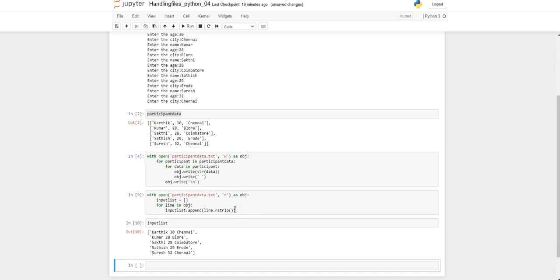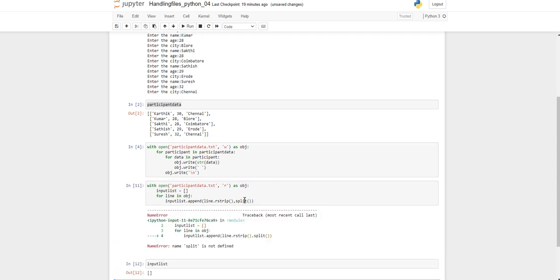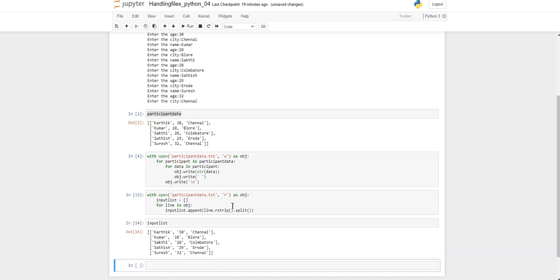But if I need to split each word by word, in the sense of the spaces, so if I remove the spaces, I will get each of the 3 words, right? So those are all 3 individual elements. For that I will write split, splitting based on the space. Sorry, dot split.